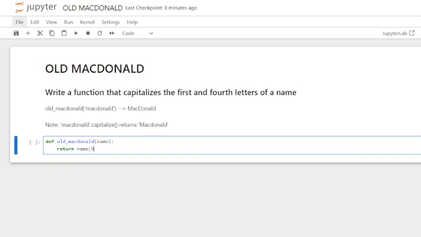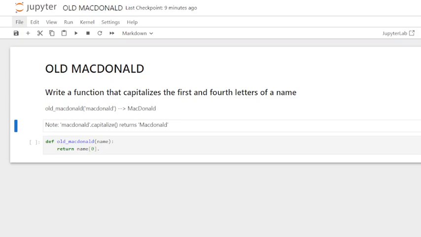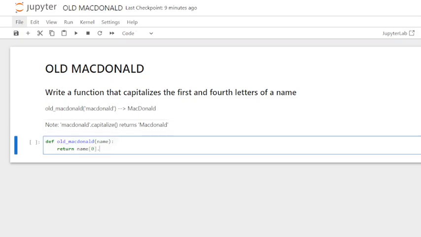So we're going to call name 0, right? And we want that capitalized, right? So we're going to use the capitalize function. As you can see in the note here, it's telling us the correct capitalize function. Now we could use upper, but we're just going to take the note's advice. So we're going to capitalize this,